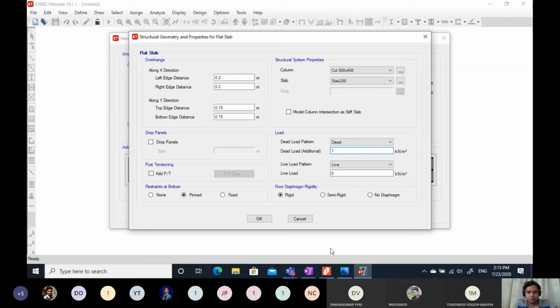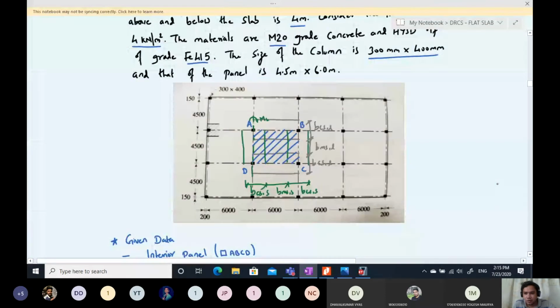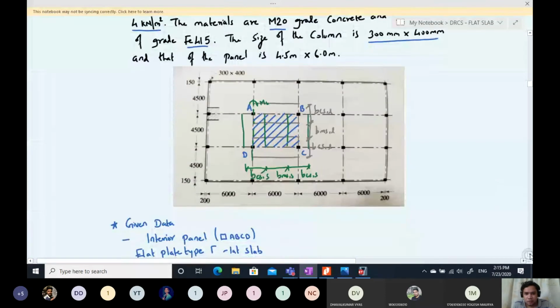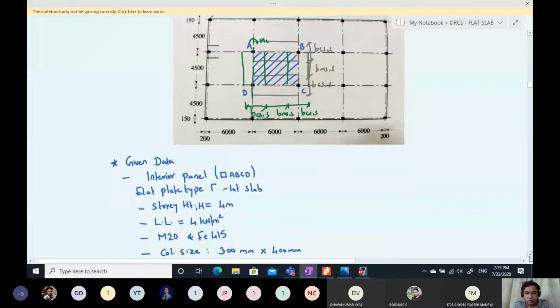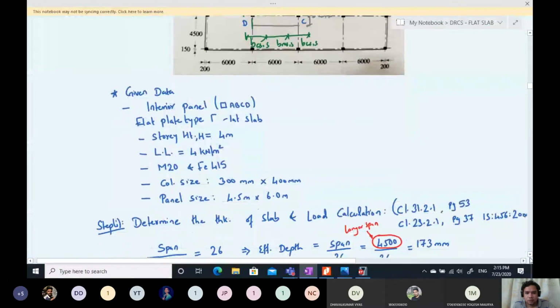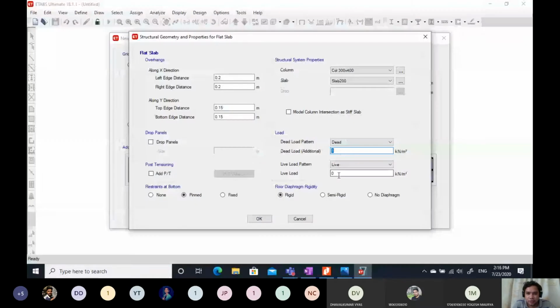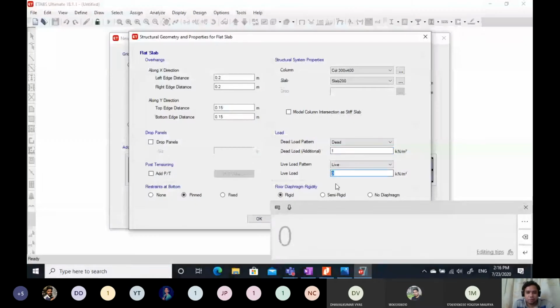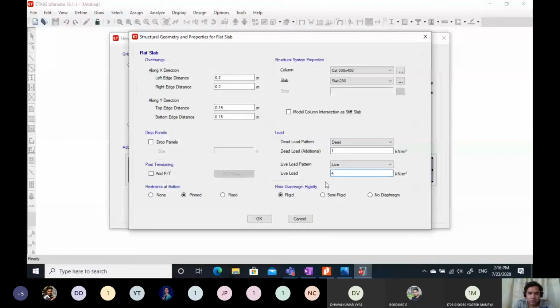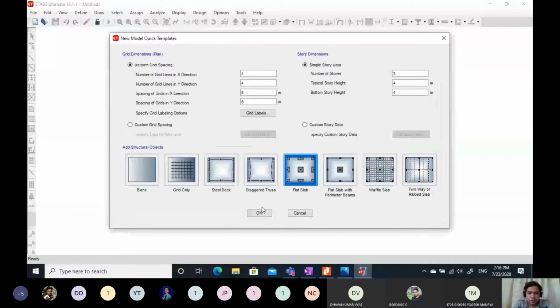If you remember, the floor finish is assumed as 1 kilonewton per square meter. So let us apply 1 here, and live load of 4 kilonewton per square meter. Okay, so click OK and again click OK.